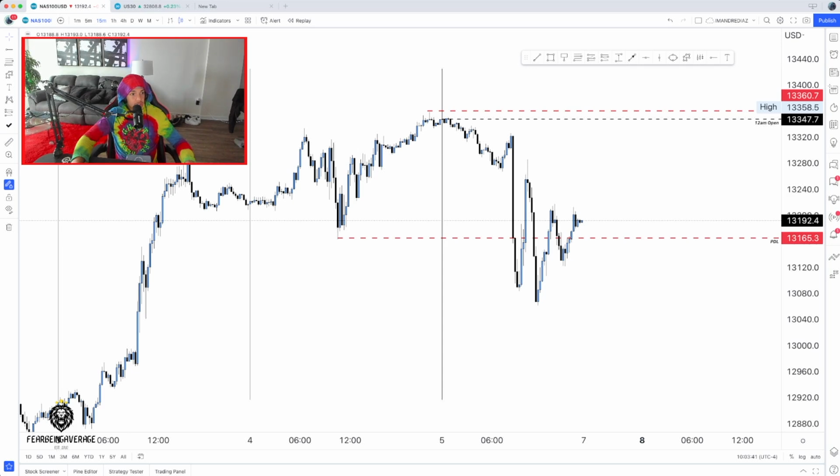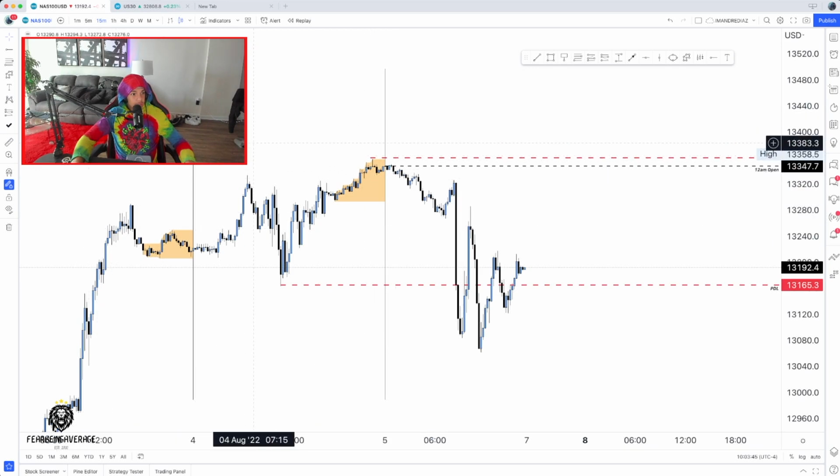Let's get this Asian session range that we have right over here. The first thing I want you to realize is that the previous day's high didn't get run through, so it was a bearish day. It immediately came down and targeted the previous day's low from that NFP open with the opening news.